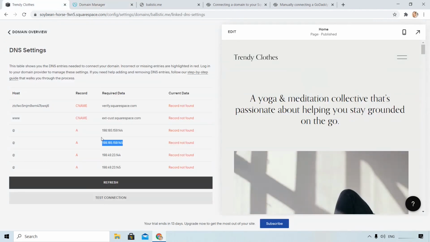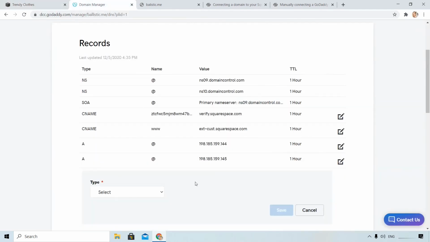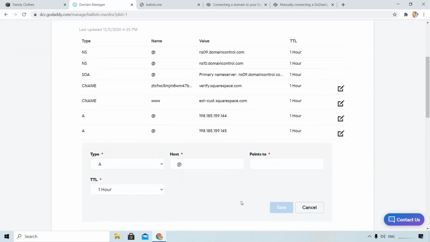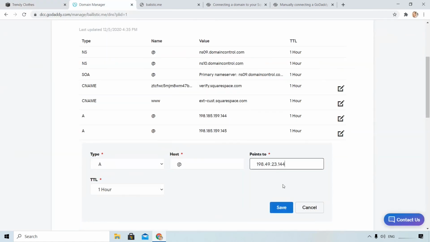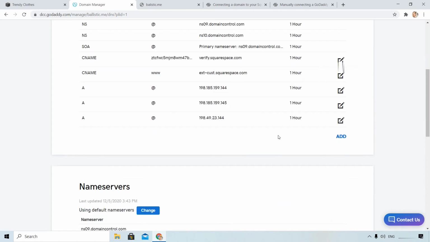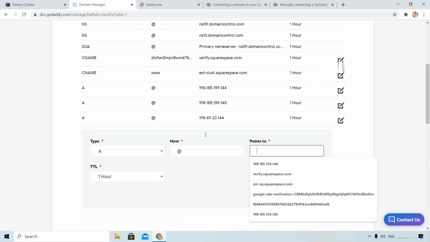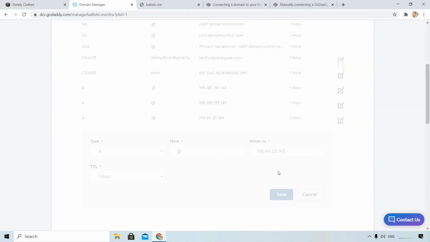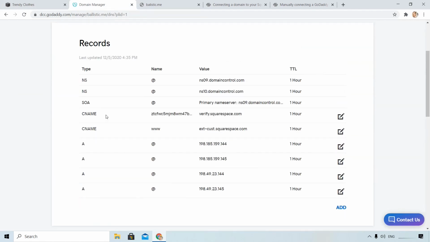I copy the second IP, symbol again in host. I copy the third IP, and lastly I copy the fourth IP. So everything is set up. You can see here how it looks in the end when you have added all the records.